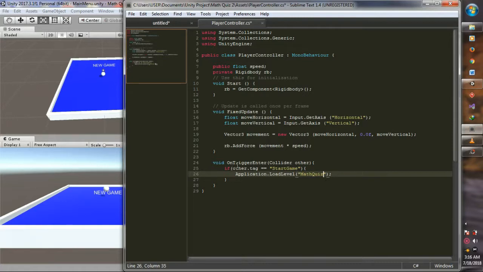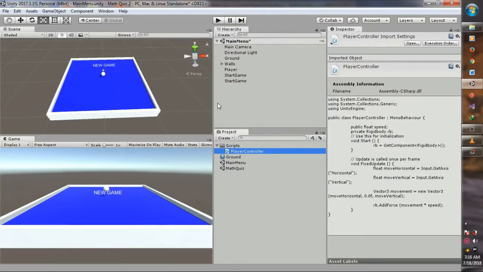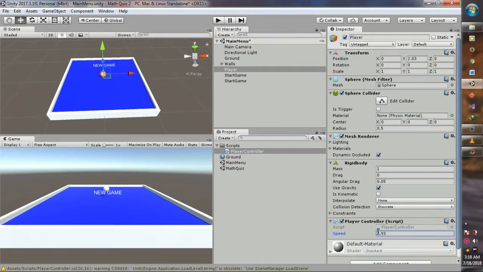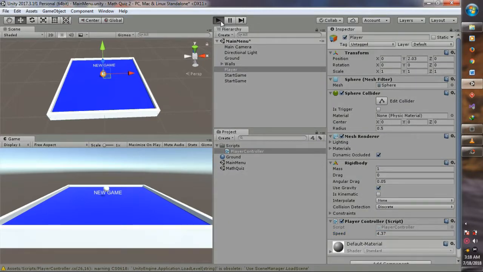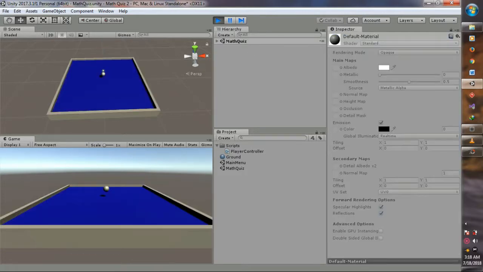In this code, when the player touches the start game tag, the scene will move to math question, just like that. After that, save and set the speed for the player controller. Okay, and it moved to the math question.